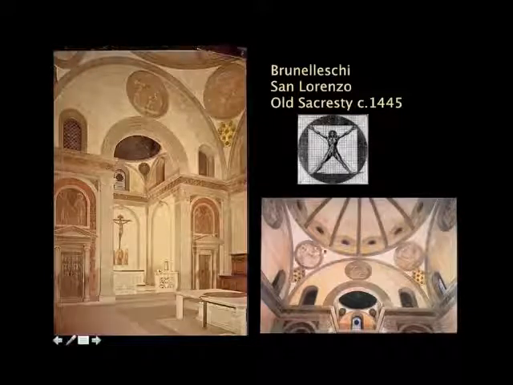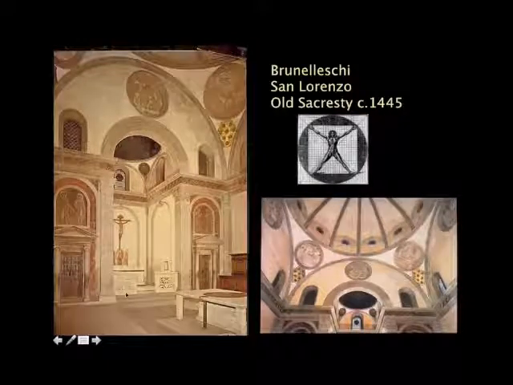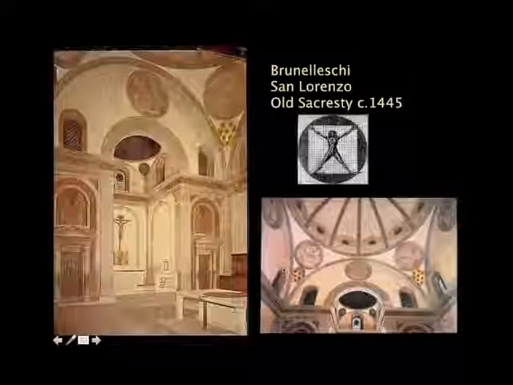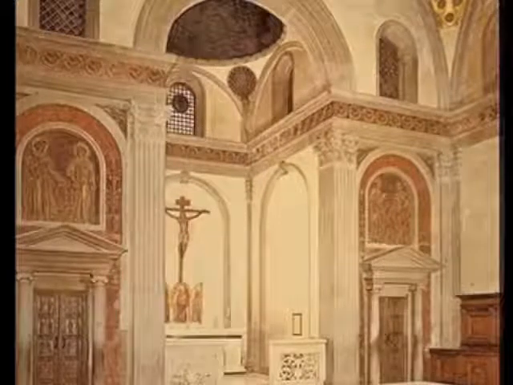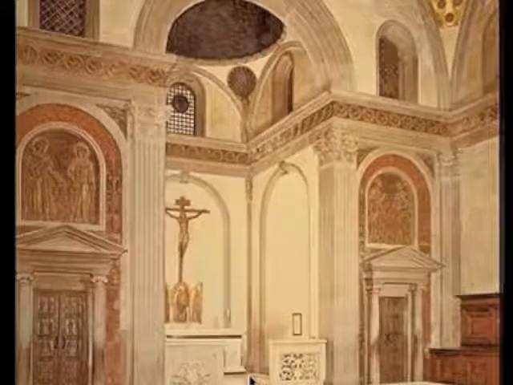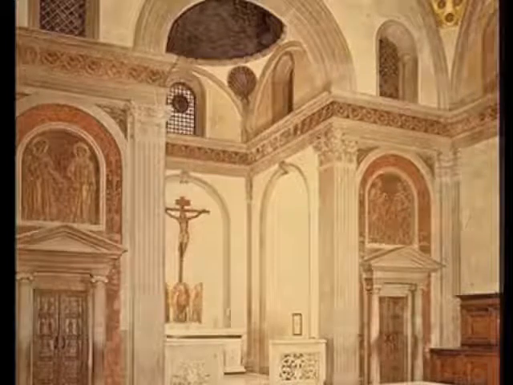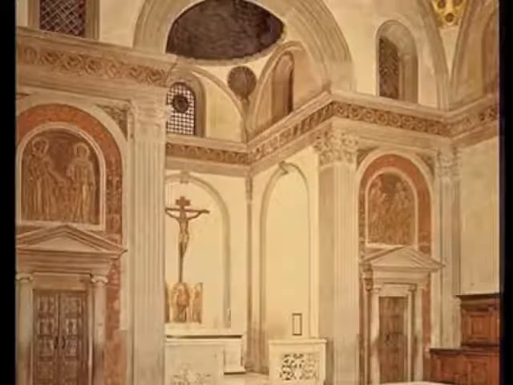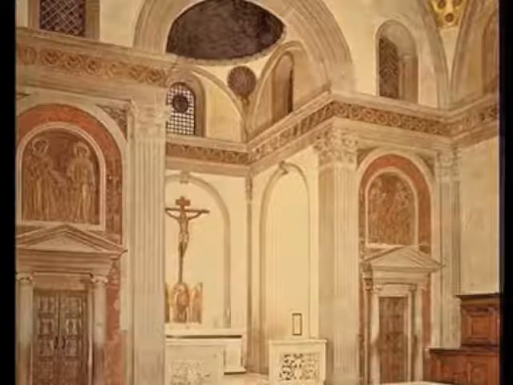But if you look at the details, you see that this is so un-Roman. Even the banding of the pietra serena doesn't quite make it to fully fledged Romanness. Over here where the pilaster wraps the corner, you think, yeah, that's pretty gutsy. But then you get to these interior corners, and it's the same problem that he had when he was doing the Ospedale degli Innocenti, which is, if you put the pilaster there, it takes up too much space, and you break down the geometry of the bay.